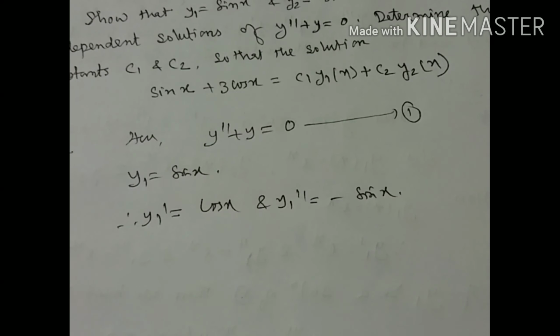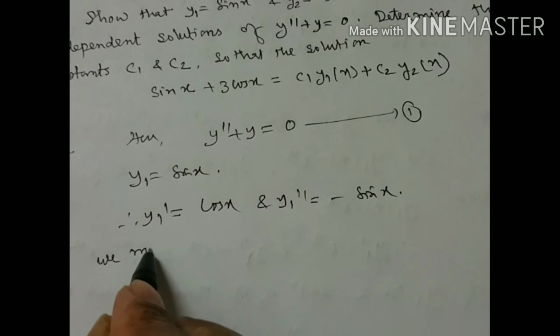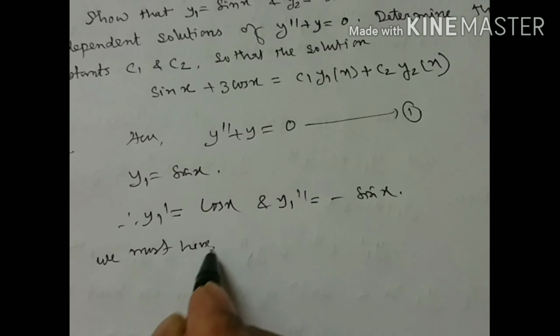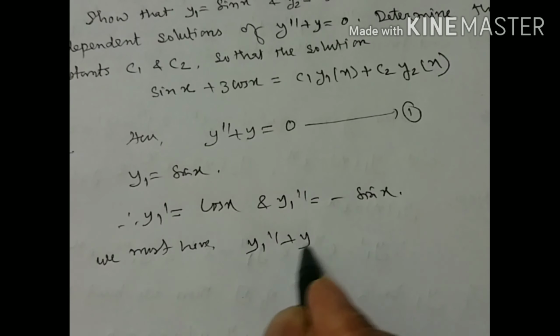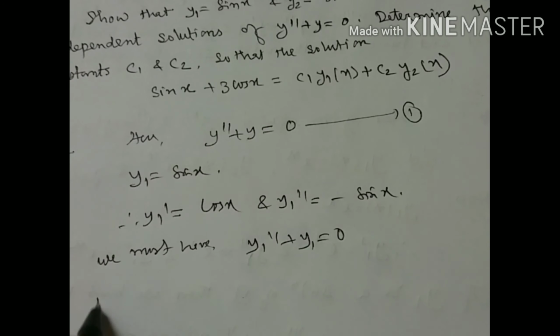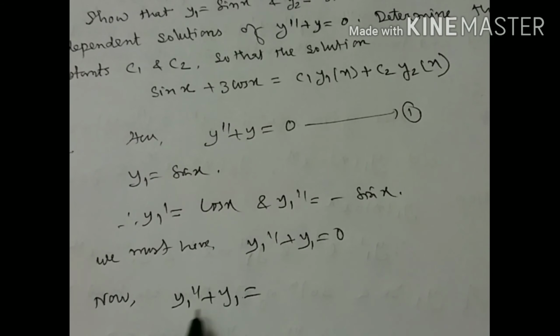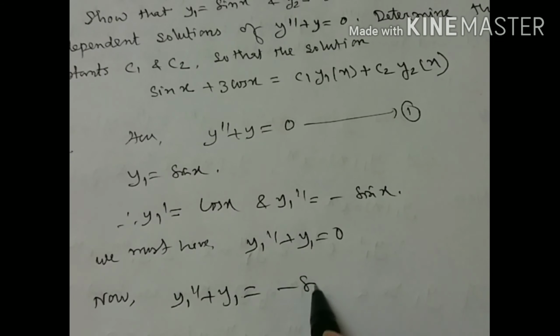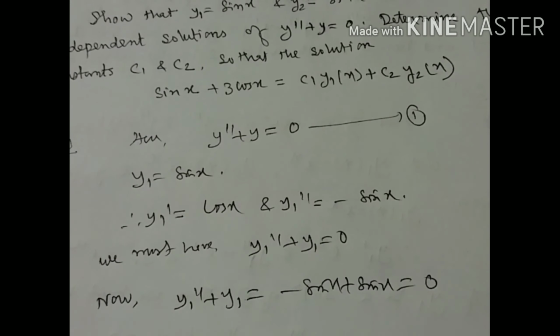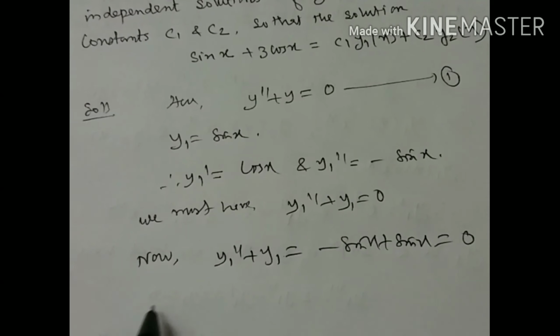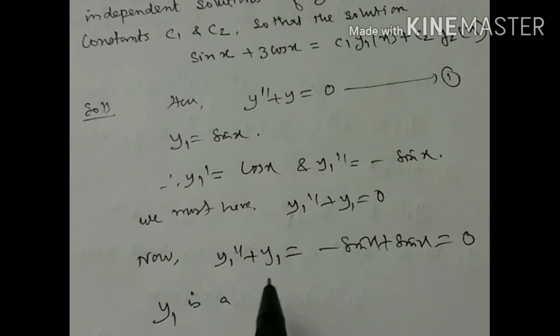If y1 is a solution of the given equation, then y1 must satisfy this equation, so we must have y1 double dash plus y1 equal to 0. Putting the values of y1 double dash and y1, this is minus sin x plus sin x, ultimately 0. So it satisfies the equation, so y1 is the solution